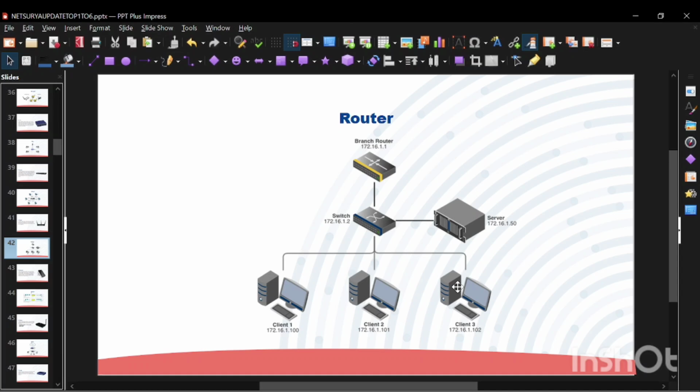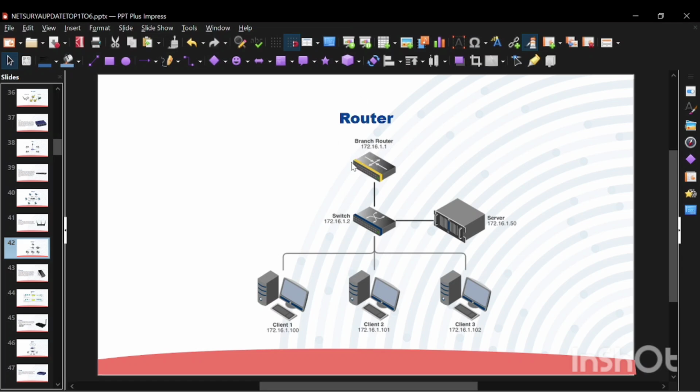In this case, the router connects this local area network to either another network or the internet. So when one of the clients wants to communicate with an external network or another subnet, the router handles the traffic.